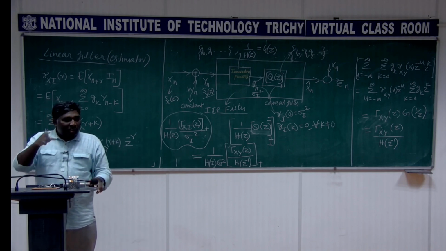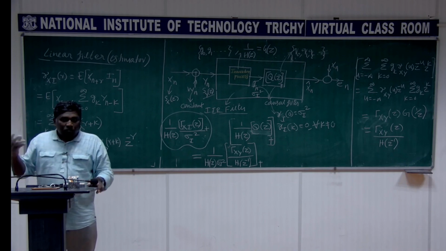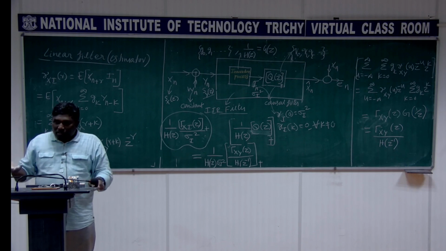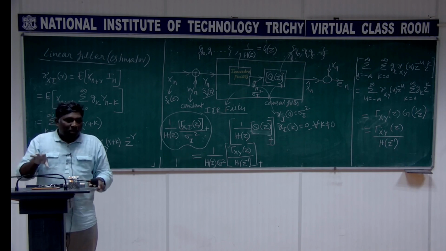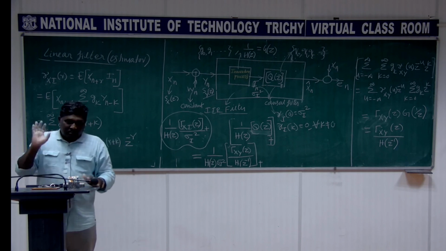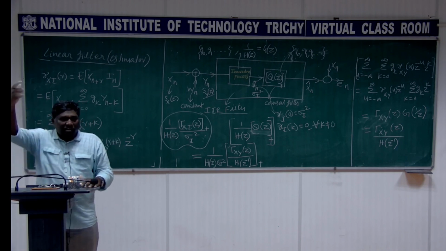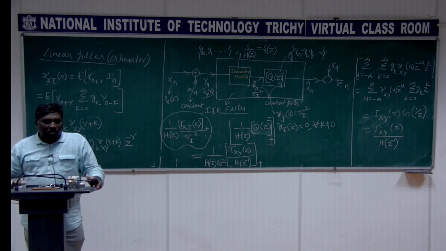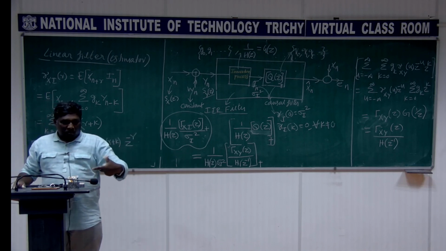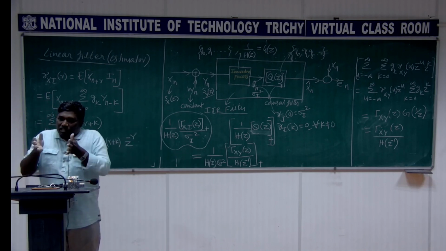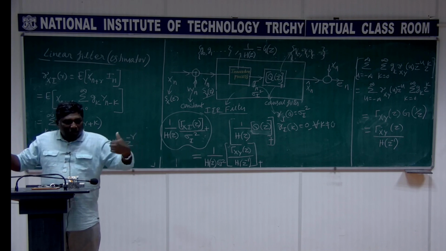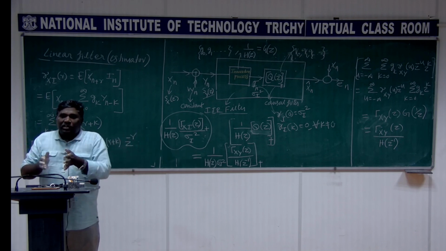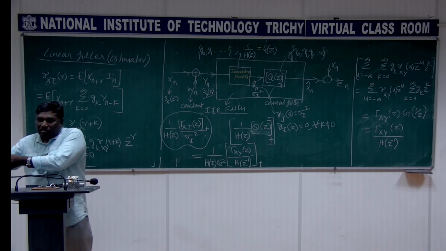If I am modeling, I get A of Z directly. I don't want to treat it as ergodic, and I need not compute the autocorrelation and all that stuff. I can directly model it as A of Z. Of course, for that modeling we need autocorrelation, so we need to compute it anyhow. There is no doubt in it. But the way we do it here: the input is the noise sigma V square, this block is A of Z, and the output spectral density is simply sigma V square into A of Z into A of 1 by Z. You got the spectral density Sx of Z.